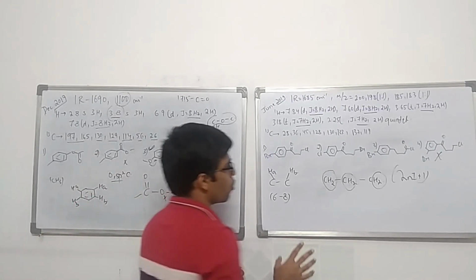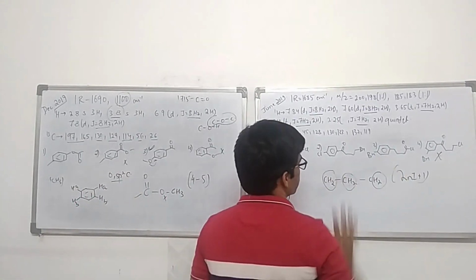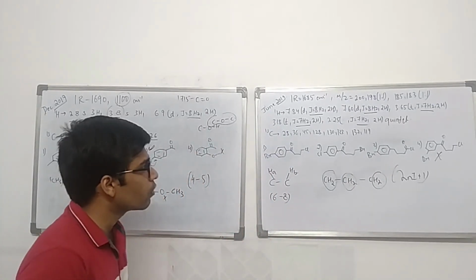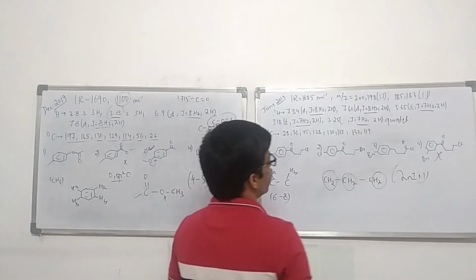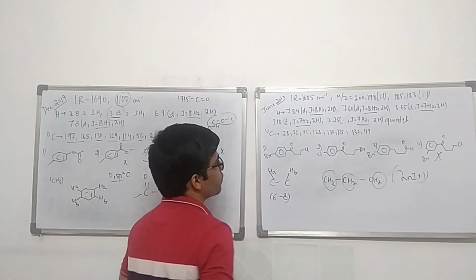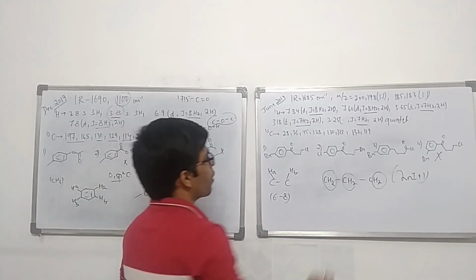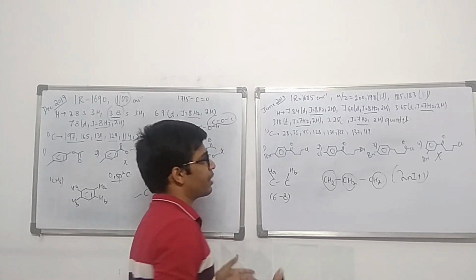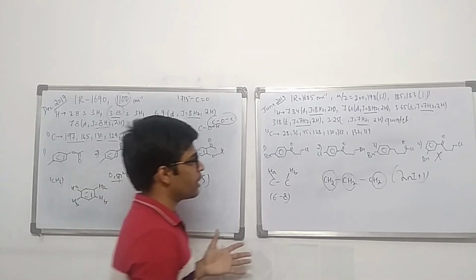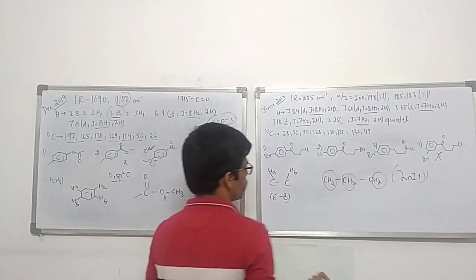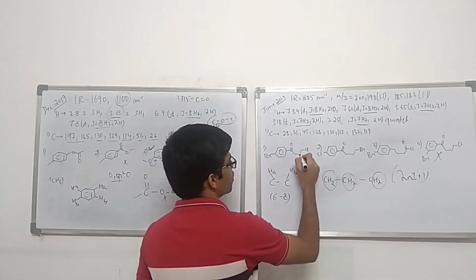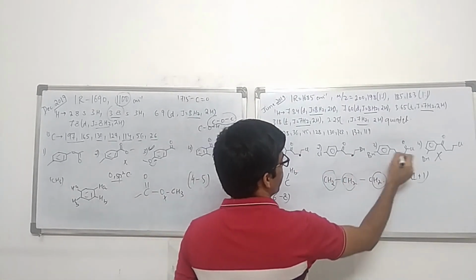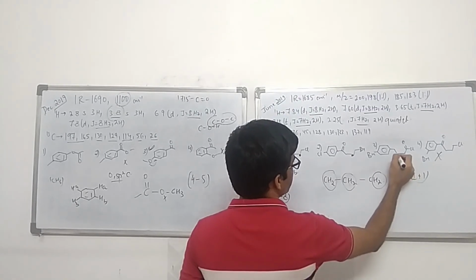Now, which of the 3 structures is possible? If you look at the NMR values which are given here, one of the values is 2.25. So that means that is not attached to a very highly electronegative group. That has to be an intermediate electronegative group. In most cases, we can say it is actually this group which is having the 2.25, or in this case, it is this one.